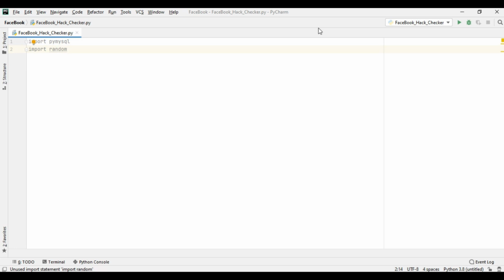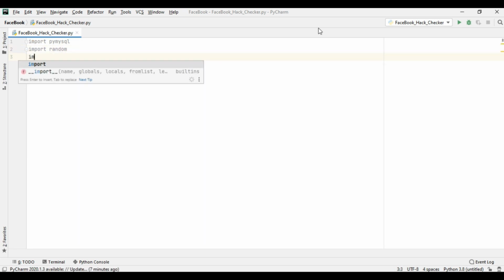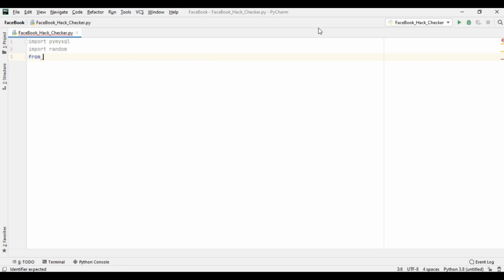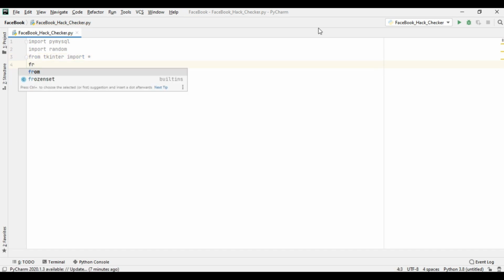If you use a module in your program and have not installed it previously, it will generate an error. So I will write from Tkinter import all the modules, import all. We will show the user a message box.